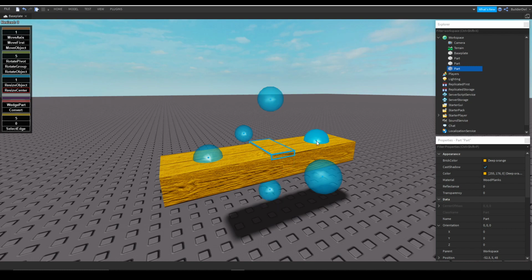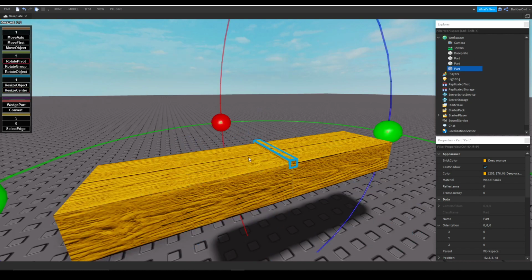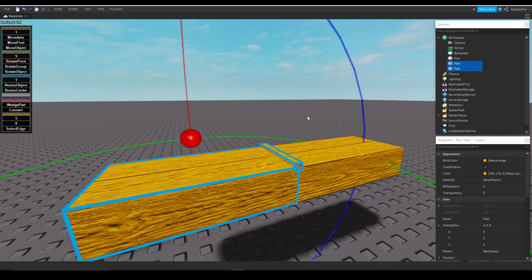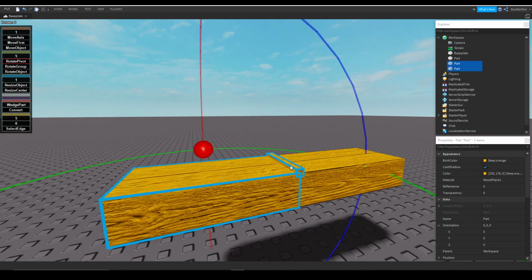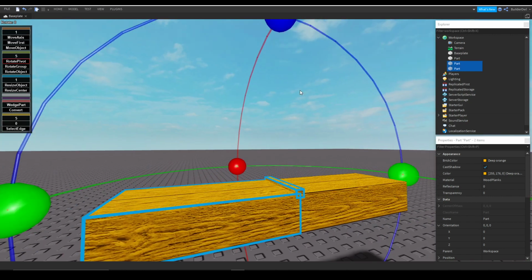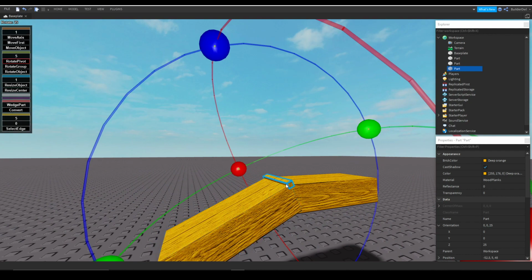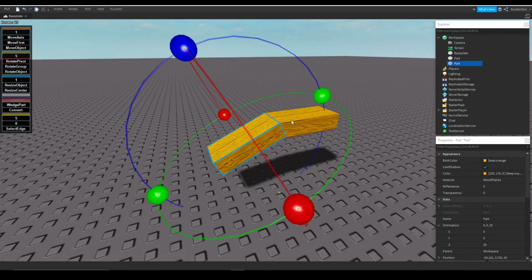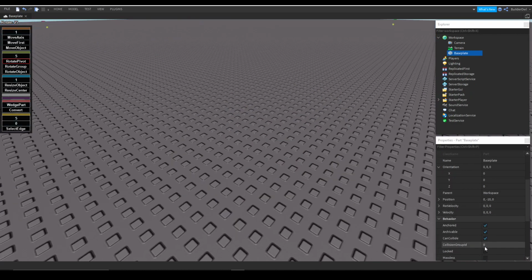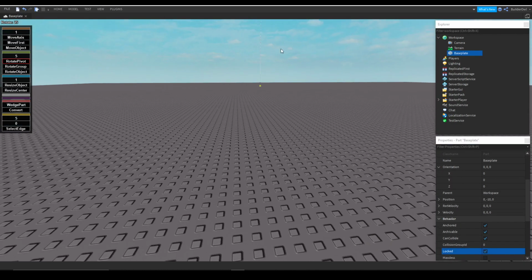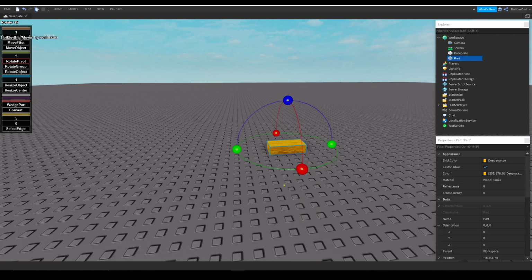Actually, well, technically this is still our center point. This is our pivot. If we select this part, then that part will be rotated by this pivot. But if we select this part and select that, we can rotate this by using that center piece. Now we're going to go ahead and lock this here, and we'll go into insert part,